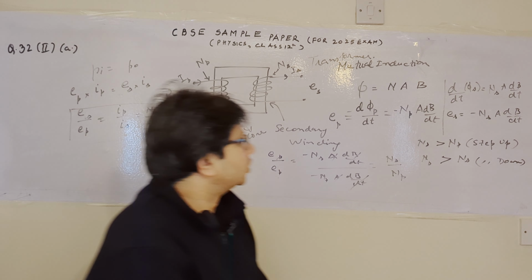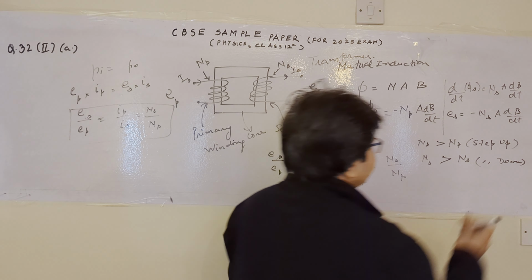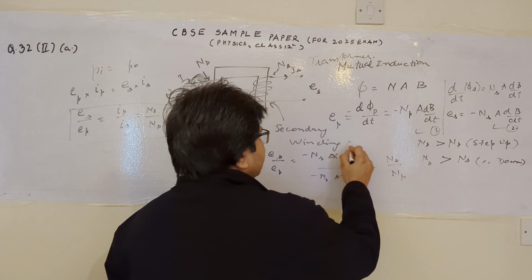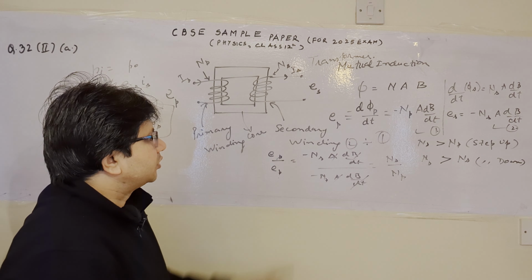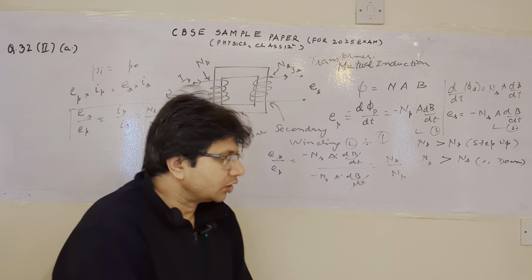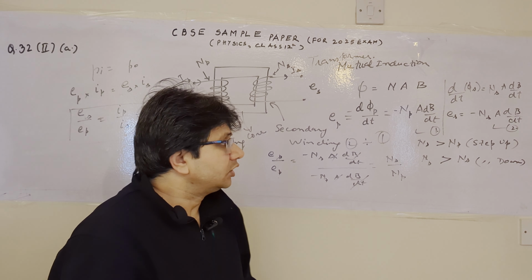उसके बाद हम जो है इन दोनों इक्वेशंस को डिवाइड कर देंगे। इक्वेशन सपोज इसको हम कहते हैं इक्वेशन नंबर 2 और इसको हम कहते हैं इक्वेशन नंबर 1। तो हम इक्वेशन 2 डिवाइड इक्वेशन 1 ये सॉल्व करेंगे। यहाँ से E_s अपॉन E_p की वैल्यू आ जाएगी हमारी N_s अपॉन N_p। यहाँ पे अब नंबर ऑफ टर्न्स में अगर हम देखें, अगर डिफरेंस है तो उसके